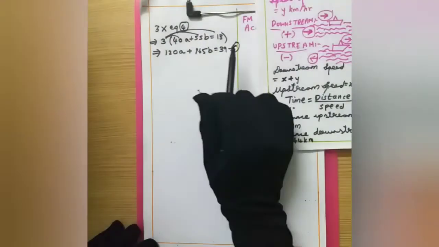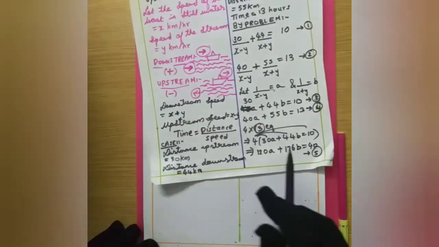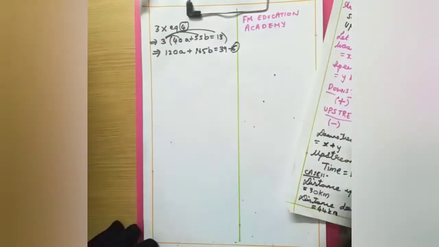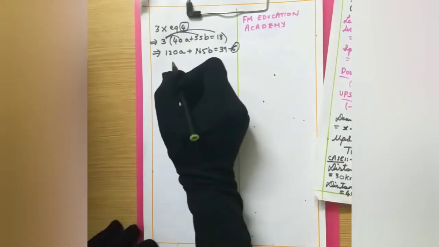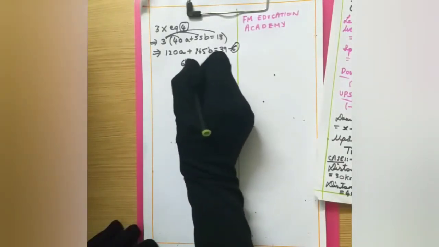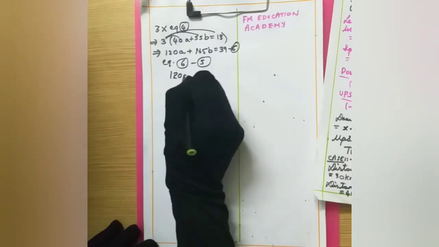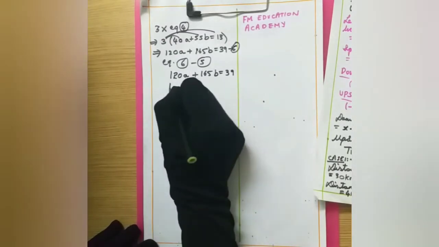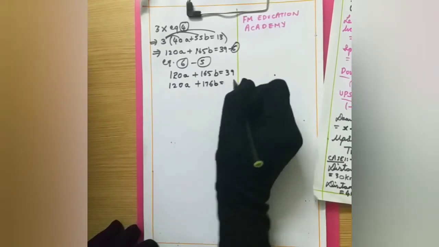Now observe. Here also I am having coefficient of a as 120 in the fifth equation and here also I am having the coefficient of a as 120 in the sixth equation. So as the coefficients of both are same, what I can do? I can subtract both the equations. Here I have plus 120a and here also I have plus 120a. If I add both equations 5 and 6, a will not get cancelled. For that reason I am subtracting equation 5 and 6. So equation 6 minus 5. That I am doing here. So how to subtract? First write the equation 6. 120a plus 165b is equals to 39. Then write the fifth equation. That is 120a plus 176b is equals to 40.